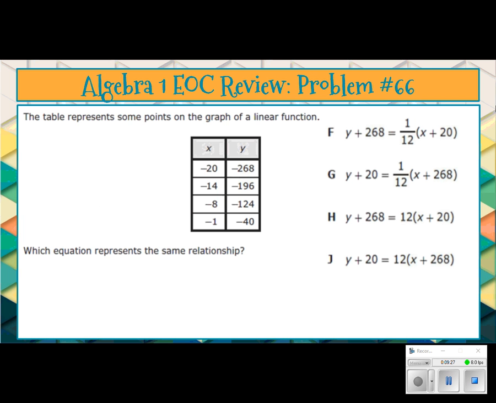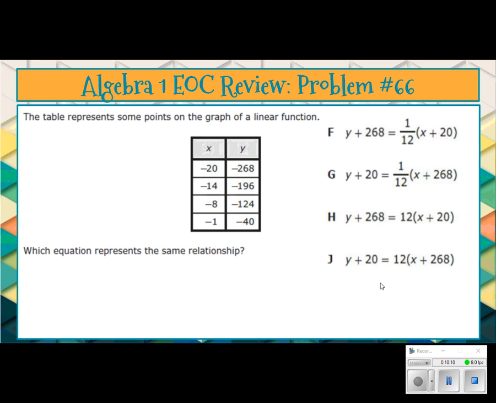And here is the last problem, number 66. All right, so there's a couple things we can do. You could put this in as a linear regression. The problem is that you do not have it in point slope form, so there would be an issue. You could also distribute and solve these for y. Which equation represents the same relationship? The thing that I would do is I would figure out the slope. It's got to involve a 12 somehow,